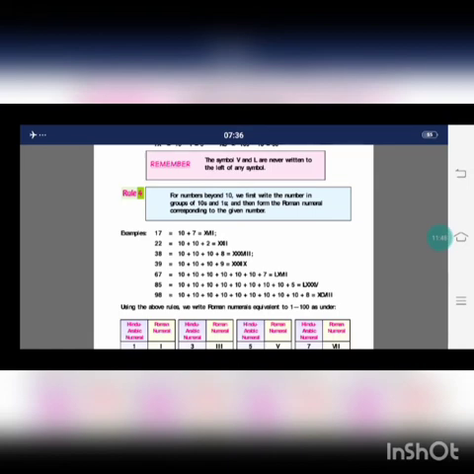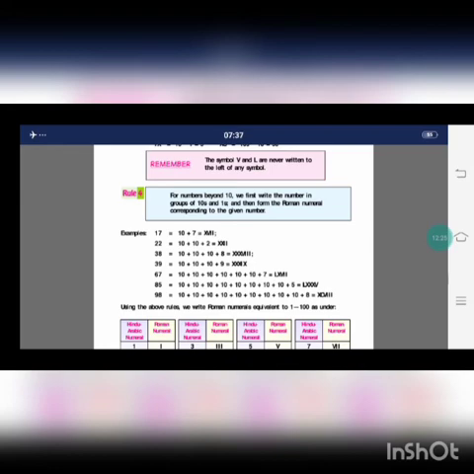For numbers beyond 10, we first write the number in groups of tens and ones, and then form the Roman numeral corresponding to the given number. Okay students, अगर कोई number beyond 10, 10 से ऊपर आ जाते हैं 17, 12, 22, 38, 39, 42. Okay, so how we can write down